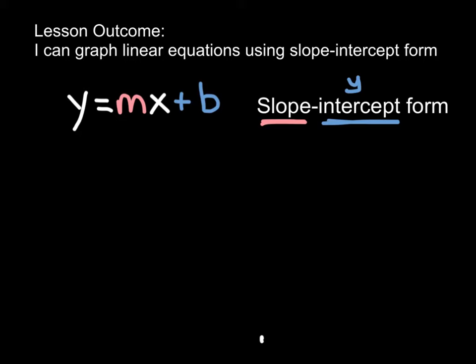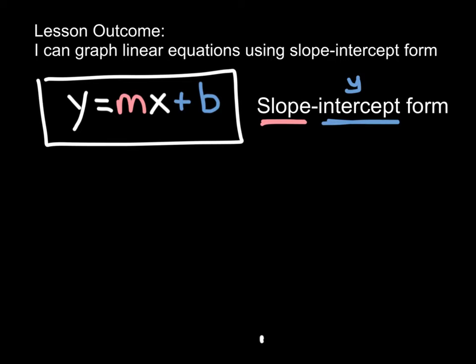form. So when we talk about the slope, we talked about that in the last couple of lessons. We talked about the steepness of a line, and then the intercept is the y-intercept, okay? So where it crosses the y-axis, and we've also been talking about the intercepts in the last couple of lessons. So if you look at this equation right here, y equals mx plus b, what we know is that